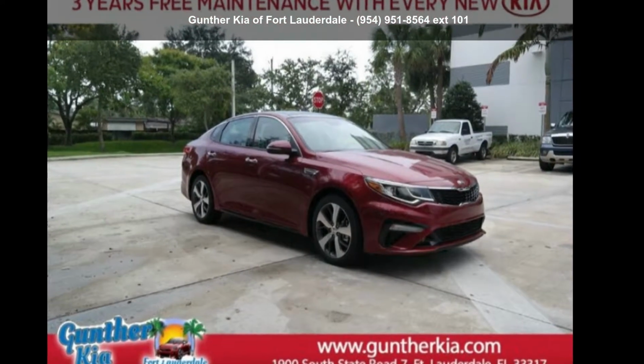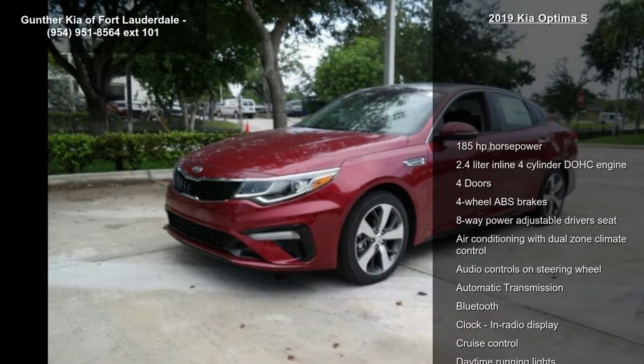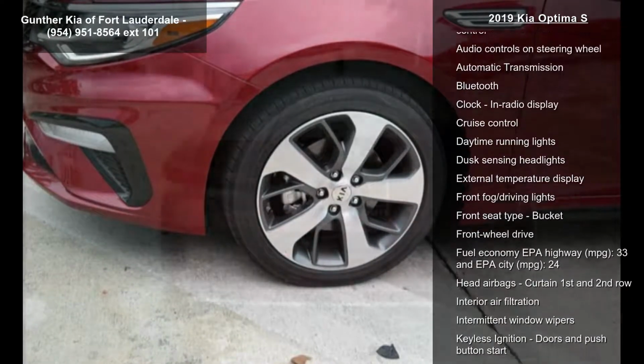Presenting the Kia 2019 Optima S. If you are looking for an automobile with great features, look no further. This vehicle's top features include 185 horsepower,